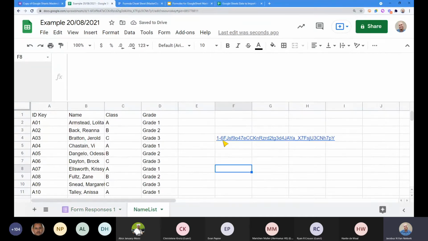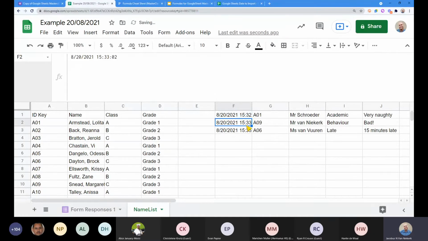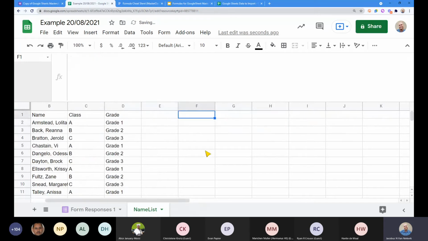So I would technically be able to, if I'm using my curly brackets, go do something like this, input, and it will find that in here, input data, close, and it'll actually import that for me because I've defined a named range.